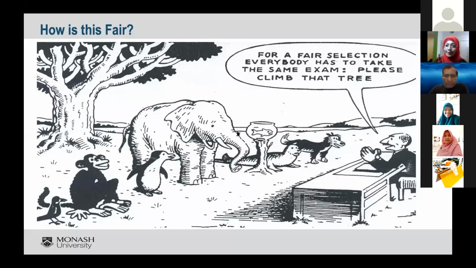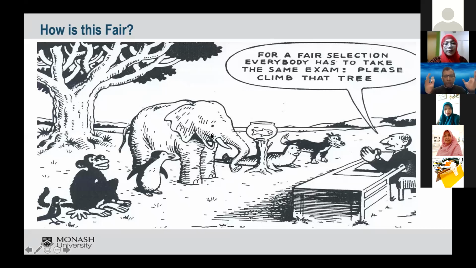Okay. So the point I'm trying to make here, showing this image, is that in the EFL classroom, we often do this. We try to make a fair assessment of our students by assuming that they all have the same needs and the same abilities. So we try to homogenize their needs and we give them the same exam. And when we do that, some students like the monkey, they have an advantage. Some students like the elephant or the fish or the dog, they are disadvantaged. And yet we don't realize that.